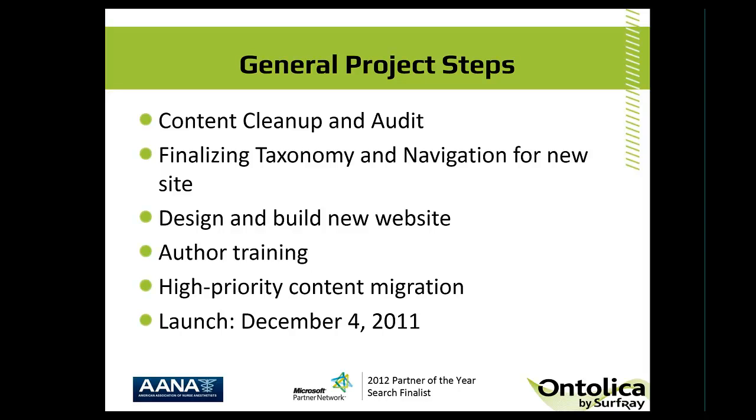So we got word out to all the departments. We have a team of probably 20 authors throughout the organization, and we said, go through your sections. Is this still useful? Take a look at it. Let's clean it up so that when we go to the migration, we're not going to have to move more than we need to. And we also audited the content just to make sure that it is useful, still has a purpose, and doesn't need to be updated, or maybe it does. And so we had a lot of